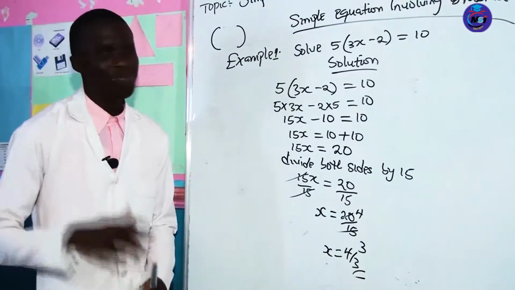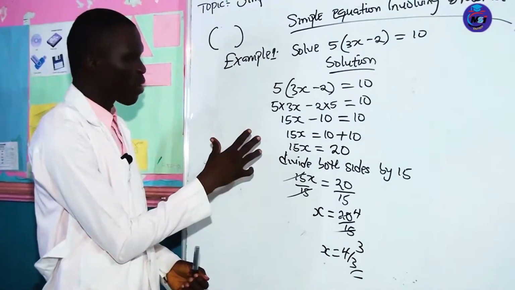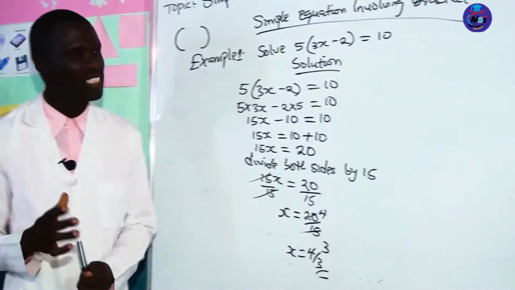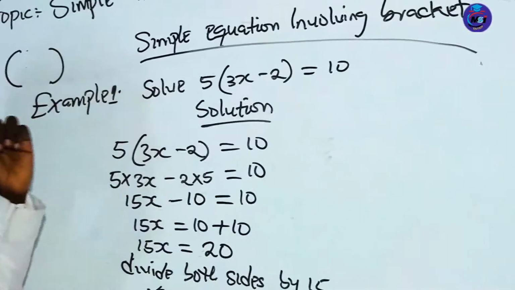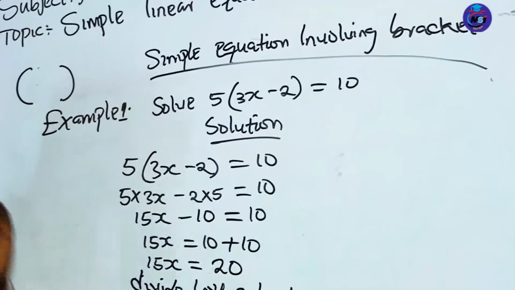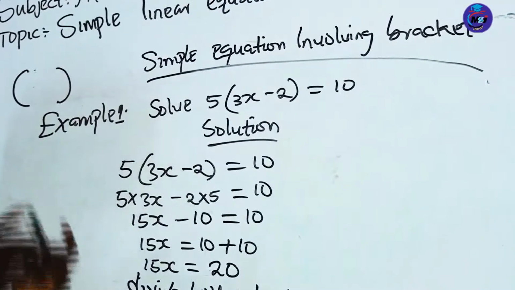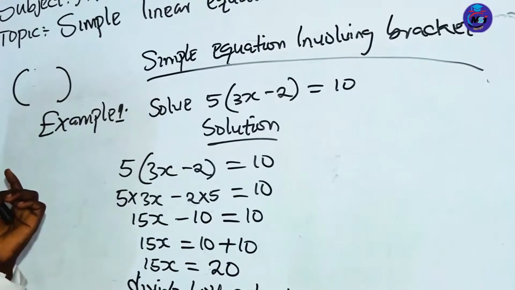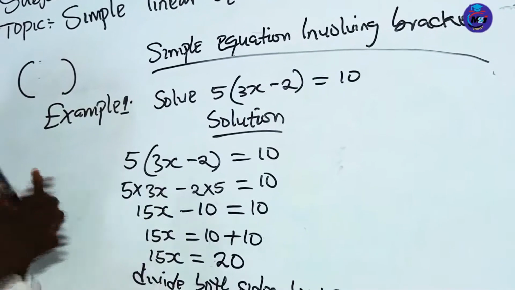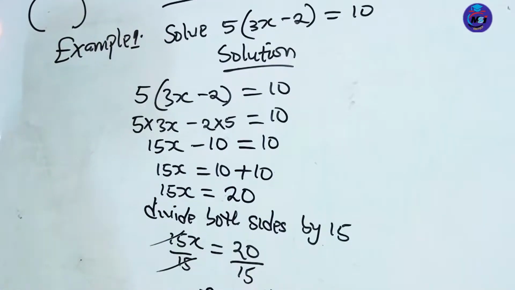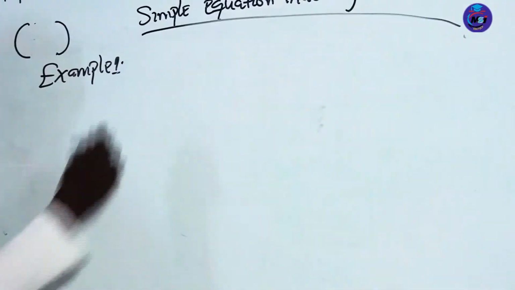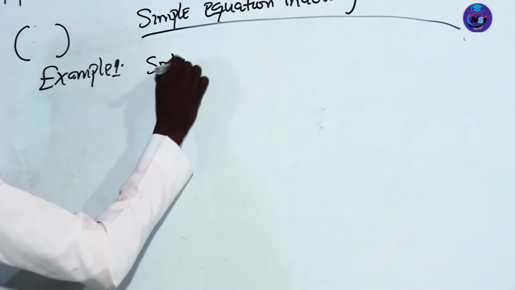Okay, now I want you to look at it very well again before we go to the next subtopic. This is simple equation involving brackets. Number 1, you open the bracket. Number 2, you multiply it. Number 3, you find the value of x, and that is how we get it. Okay, question. Solve